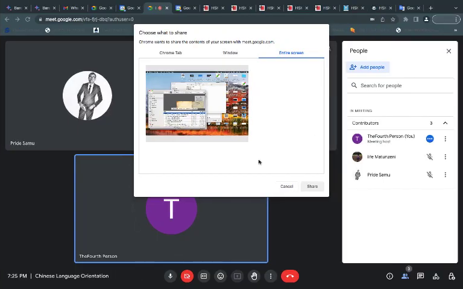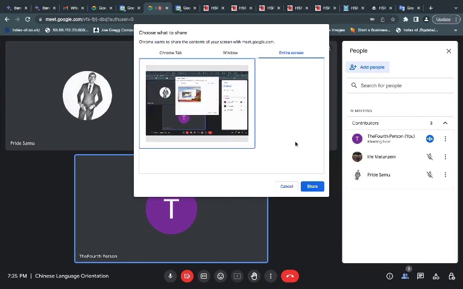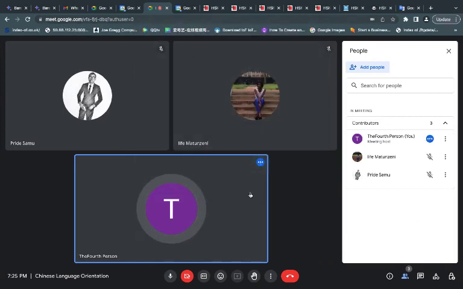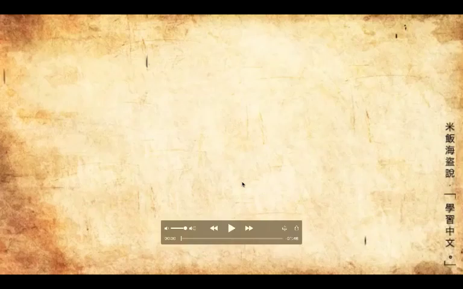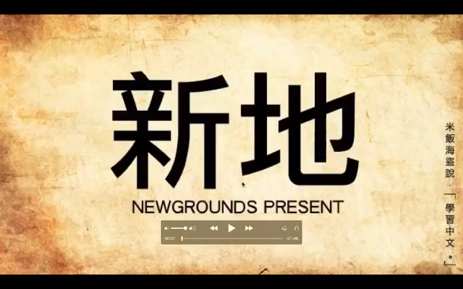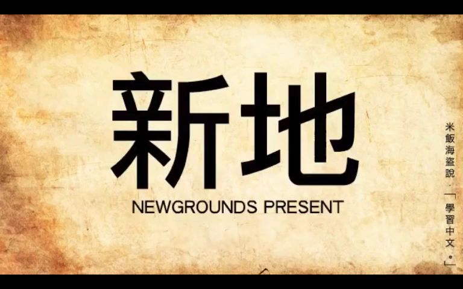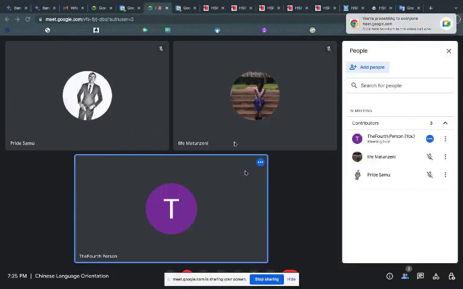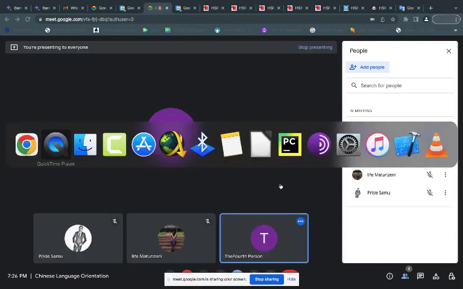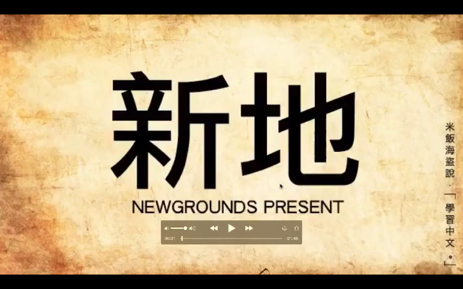It shouldn't be disabled. Okay, now it allows me. Not sure why it wasn't. Can you see? Yes, I got a picture now. Awesome. I think that was a little bit of a glitch.